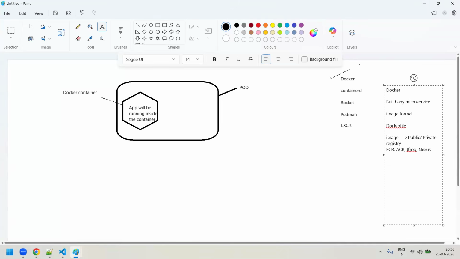Now, when you're keeping all these images in these registries, what happens when the Kubernetes master node, or nothing but your API server, tries to create a pod? Inside a pod, a container will get created, and in that container, an image has to be pulled and run. The image will be pulled from any of these registries, either a public registry or a private registry. Most of the time it will be a private registry. That image will be pulled, and then the application will start running inside this Docker container,